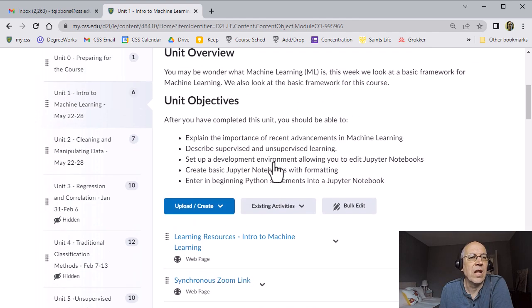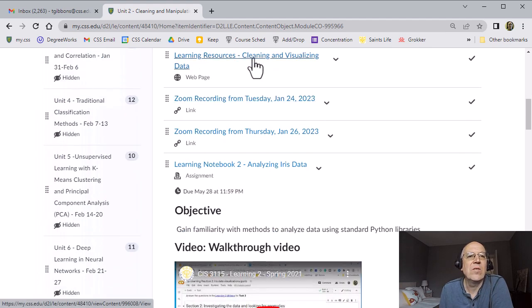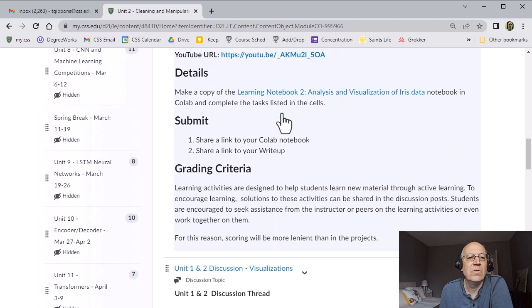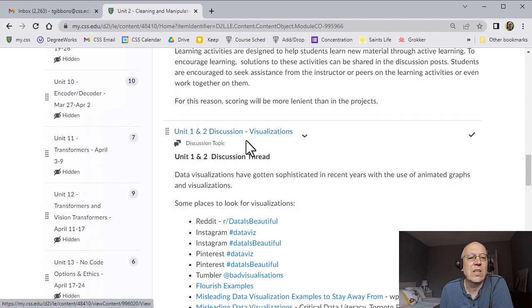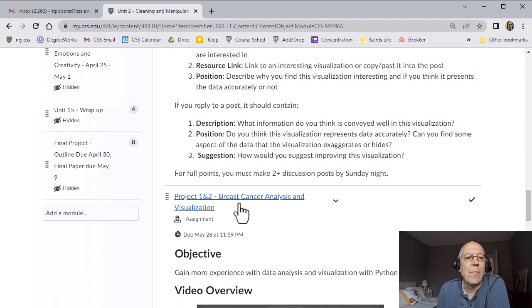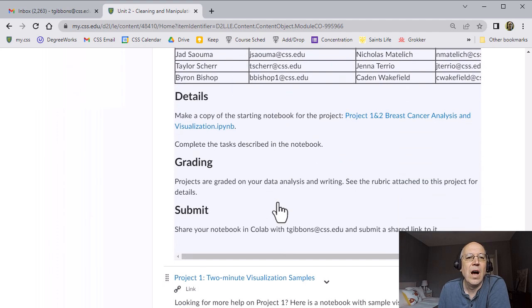That's an odd number unit. Now, if we go to the next week, Unit 2 is very similar here: learning resources, Zoom recordings, the learning notebook or learning activity that you'll go over with a walkthrough video of that, and a discussion here. Now the Unit 1 and 2 discussions are grouped together. So these two discussions are grouped together, so you only have to do one discussion every week. But then there's one project. So rather than doing an explore activity here, you do a project, which is a little longer. There'll be a notebook that you'll have to work on here,